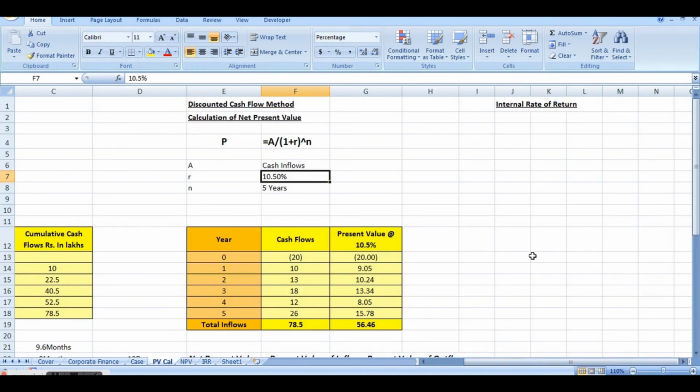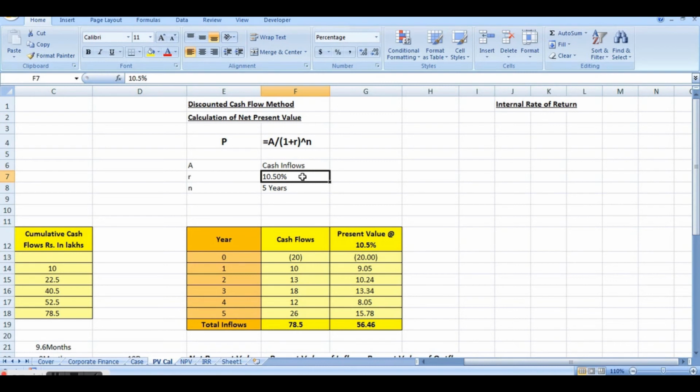Now, before going for the next method of project financing, that is internal rate of return, it is necessary to understand the importance of this figure R, or in this case we have taken it as WACC. Whenever you are solving the case of project financing, you have to take R, which is nothing but the WACC of the organization. We will see WACC in detail later on. As of now, assume this to be only a loan rate.